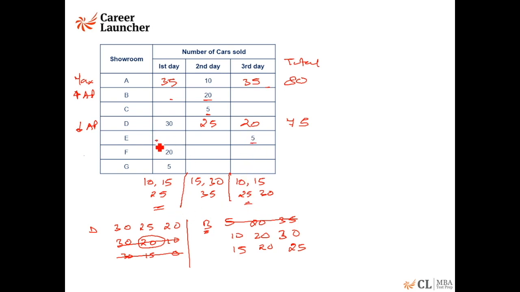That means for E, these 2 numbers have to be the same, and for C, these 2 numbers have to be the same. Okay. So what are the common numbers between the first and third column? We have 10, 15, 25. All 3 of them actually. Okay. So let's see. For E, in the first and second column, the only common number is 15. That means X has to be 15. 15 is the only common number between the first 2 columns. So 15, 15, 30 and 5, 35.